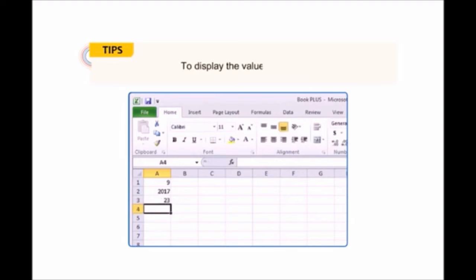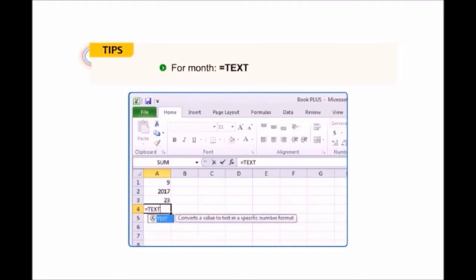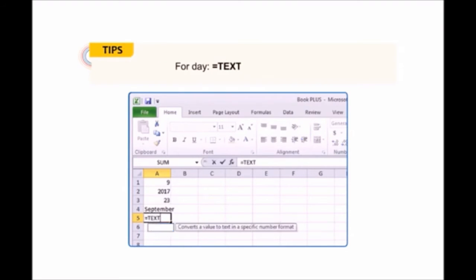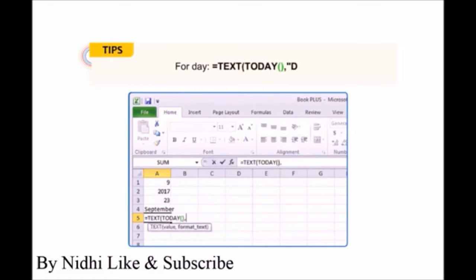To display the values in text form, for month, =TEXT(TODAY(),"mmm"). For day, =TEXT(TODAY(),"ddd").